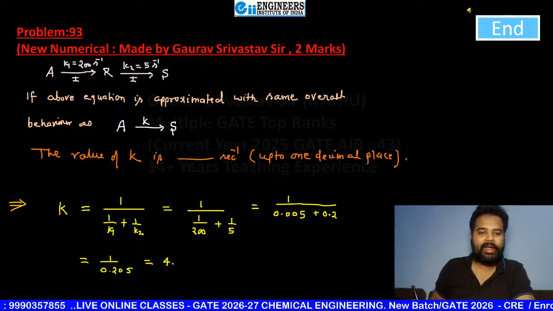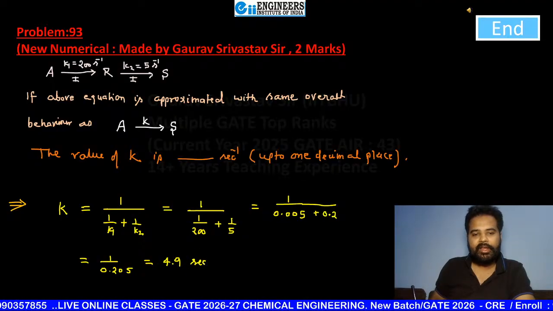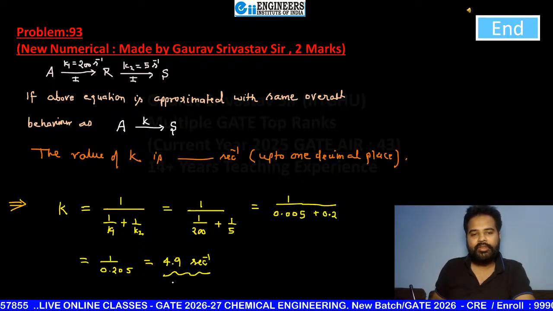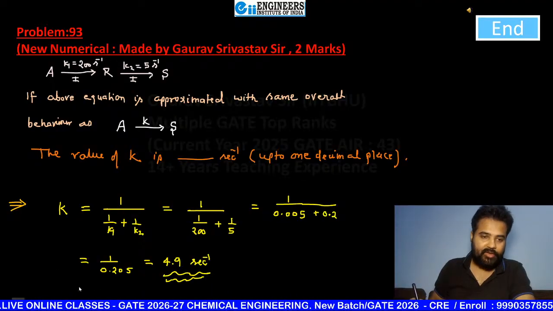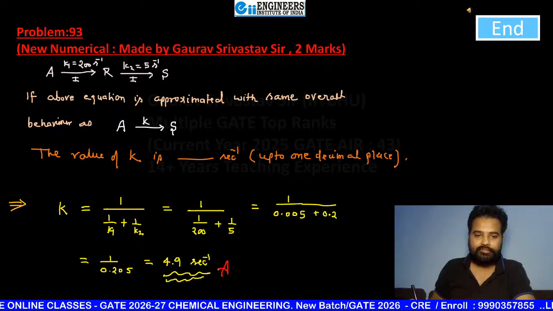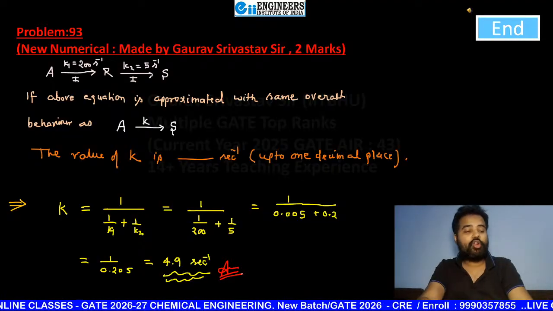4.9. So beta, 4.9 is the right answer. इसका आंसर क्या है सही? It's 4.9. Okay, so please learn this beautiful technique beta, that how we are going to approximate,